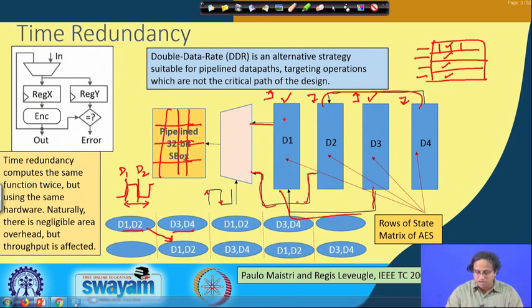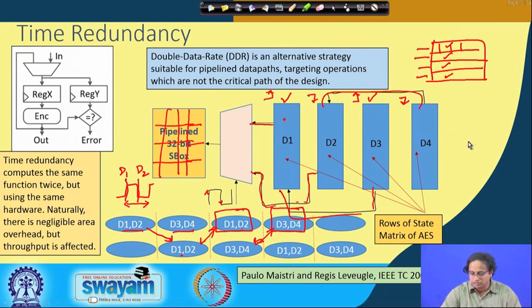Okay. So, now what happens is, in the next clock cycle I start doing a redundant computation of D1, D2. Okay. And again in the next clock cycle I do a redundant computation of D3, D4, and then I verify whether it matches with my previous computation. So here I do a match, and here also I do a match. So I am doing redundancy, but at the same time you are essentially doing it